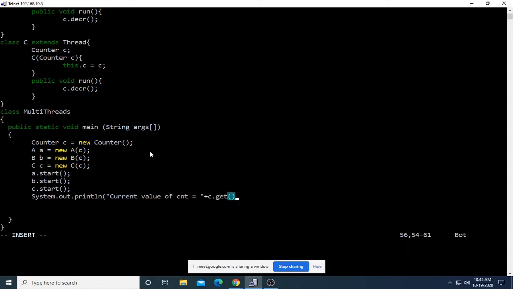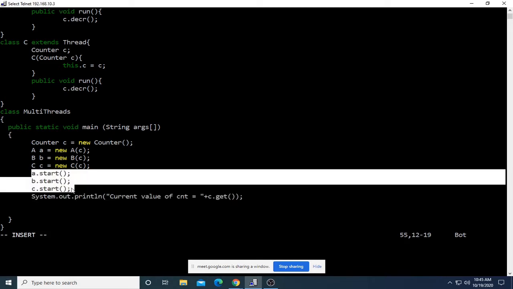I can call the get function using the object reference variable. There is one condition. I want to print the value of count only when each of the threads completes its execution. What is the name of the function?